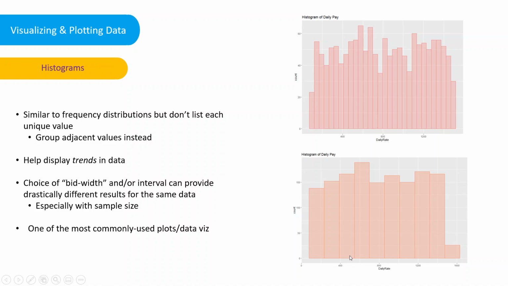I mean, the bin widths have to be equal, so that wouldn't work. But maybe like 0 to 200, 200 to 400. Either way, they're clearly wider than this top histogram. And so when we do this, this histogram looks pretty different from this one up here. So it's important to recognize that with histograms, the choice of bin width can really change the way your data